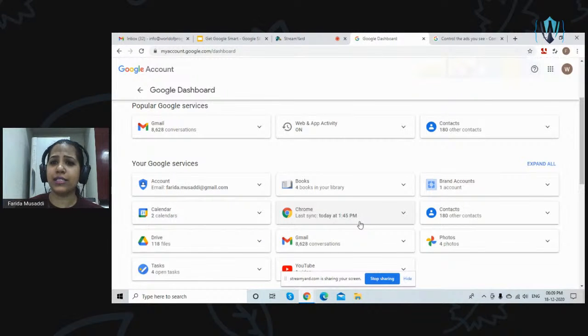What was your last activity today, YouTube history, tasks, everything you will see under one dashboard. So this again is an important feature that you can view on your Google dashboard. Going back,